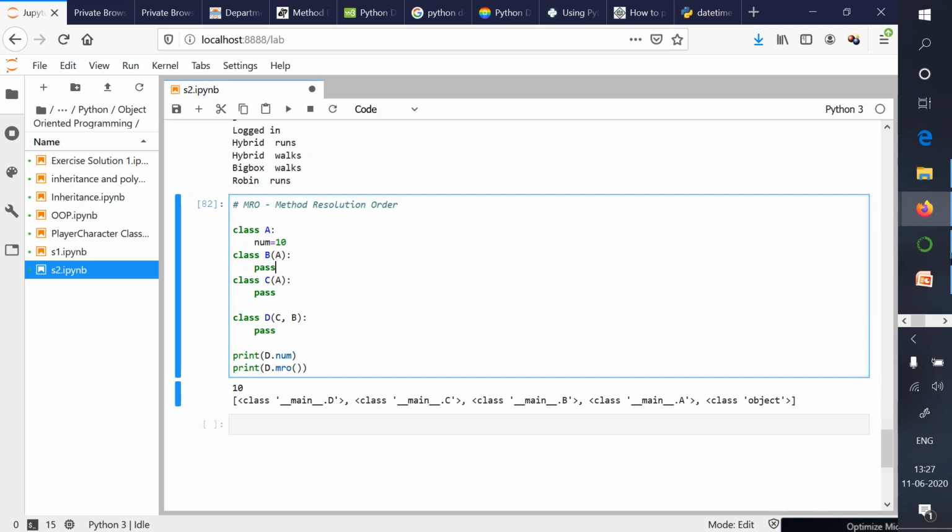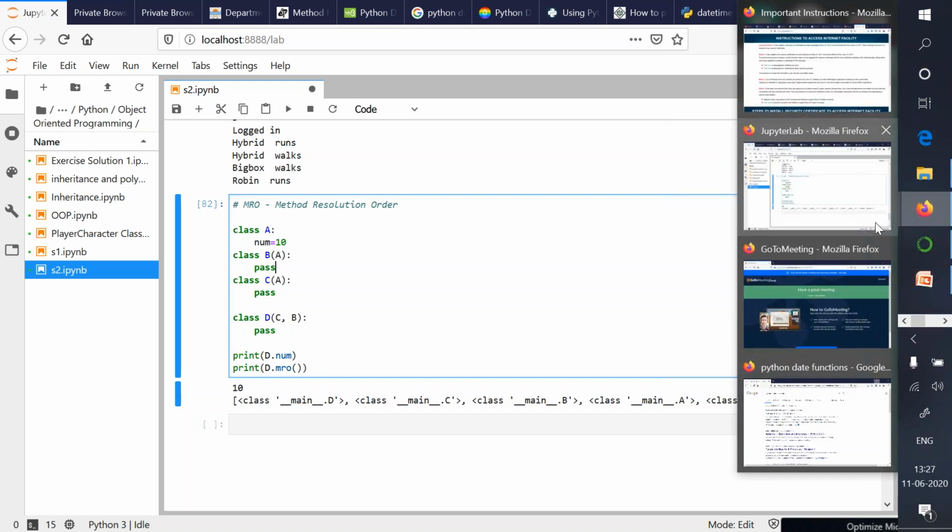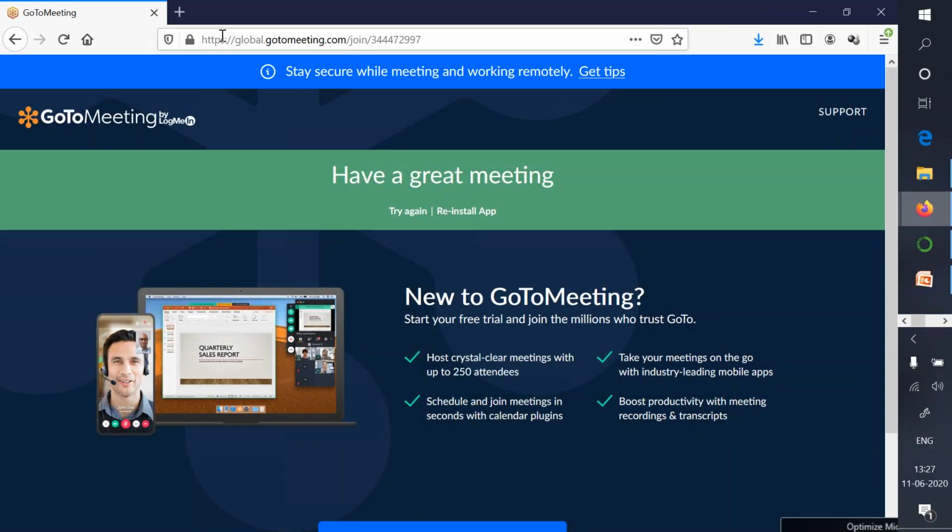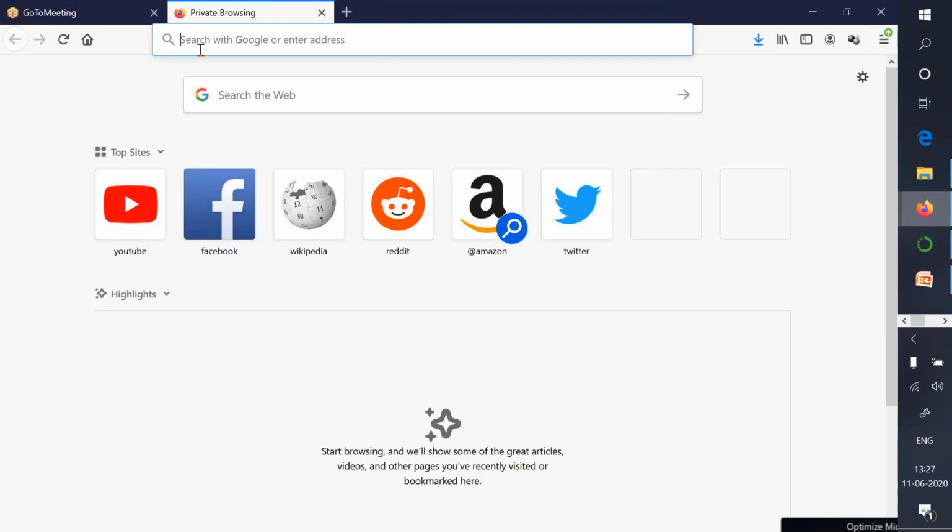For example, there is one very complex scenario. Let me show you that. Go to this site.